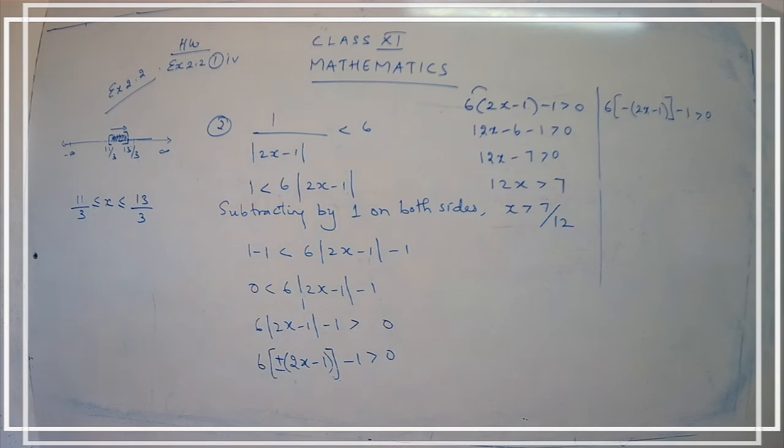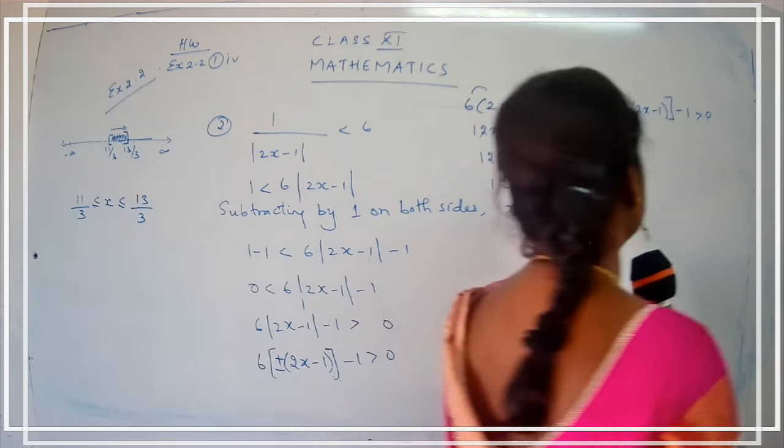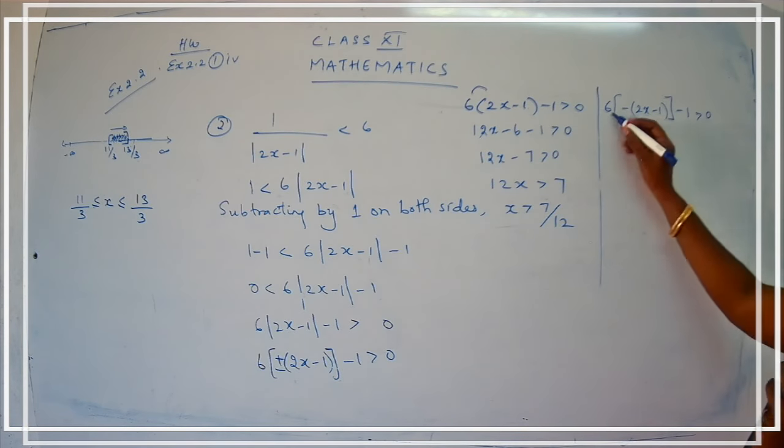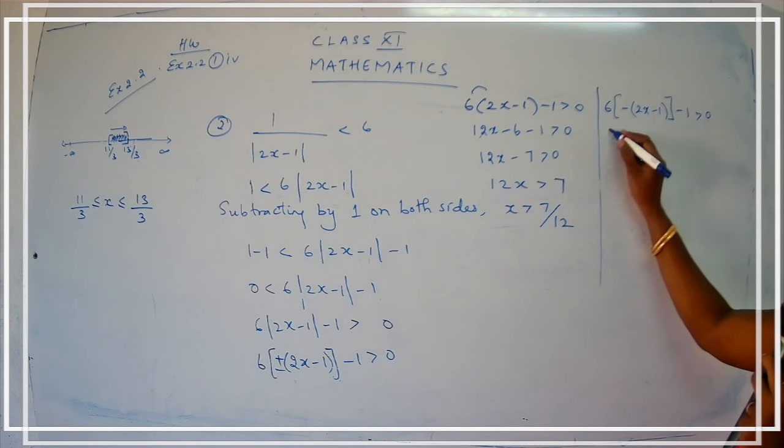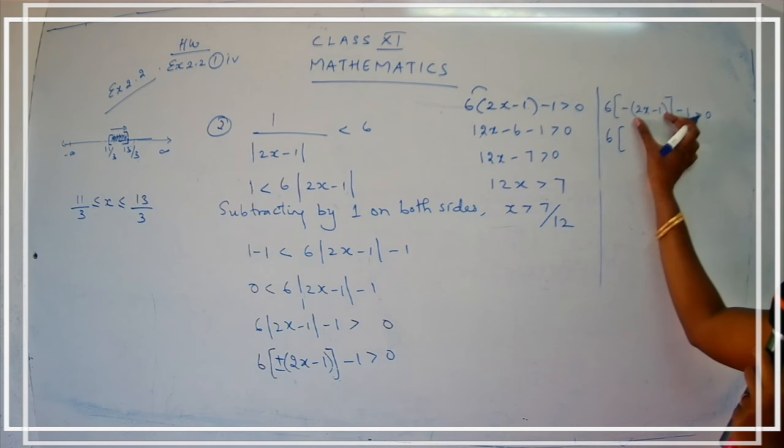I hope you are clear with the steps. This is just normal calculations that we have already done in our previous classes. So if you just go on solving step by step, you will come to the required answer. Let's check the answer for the negative case. Here it's 6. I'll keep the 6 out, children, first. I'll try to change the sign first, okay?